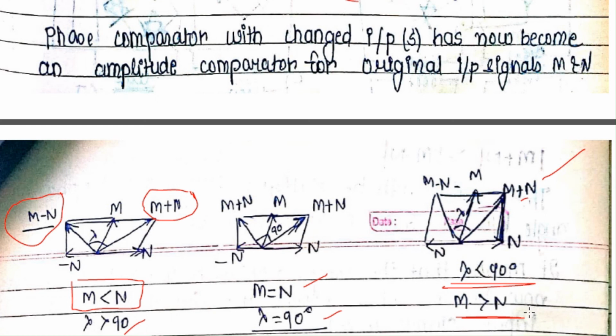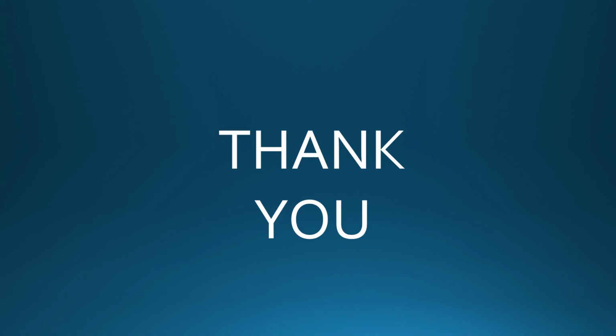Thus basically the duality between the amplitude and phase comparator is, we can make amplitude comparator operate like a phase comparator, and we can make phase comparator operate like an amplitude comparator by modifying their two input signals as the sum and the difference of the two previous signals. With this, we conclude here only. In this video, we have discussed the comparators, amplitude comparator and phase comparator. We have also seen the duality which exists between the two comparators.